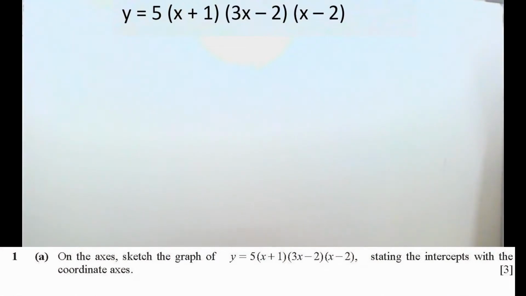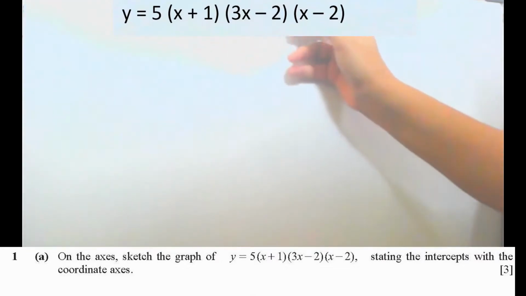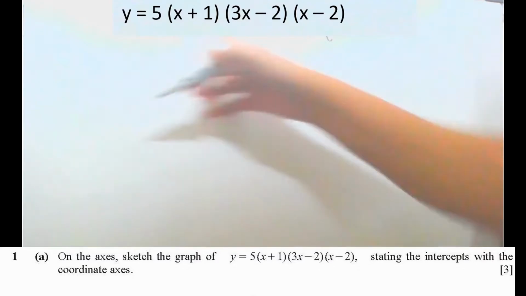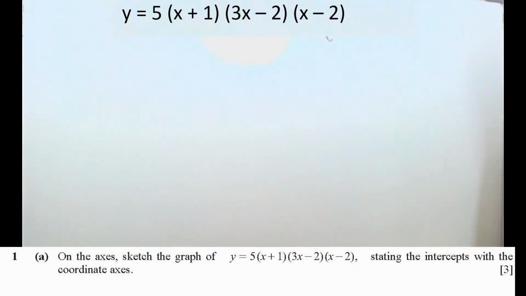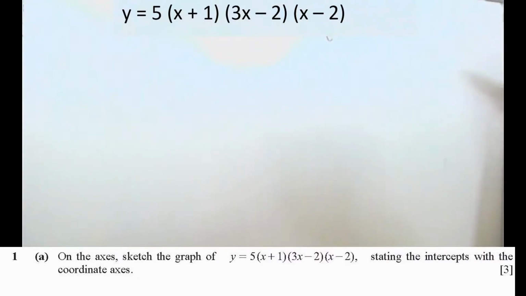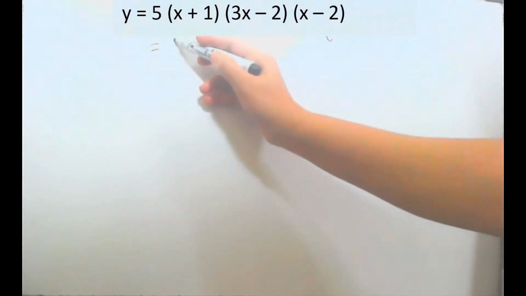Hello students, let's start from the first question. On the axis, sketch the graph of y equal to 5(x + 1)(3x - 2)(x - 2). This is the equation of the graph given, stating the intercepts with the coordinate axes. So we have to draw the graph and we have to show the points where it is cutting the x and y axes. Alright, so if you expand this equation, we will find that it is a